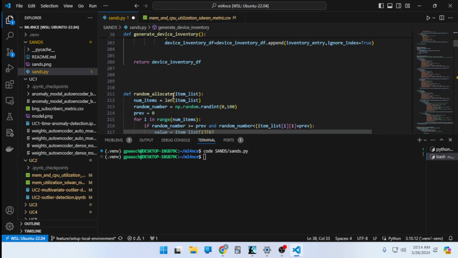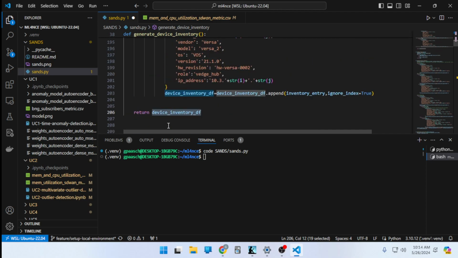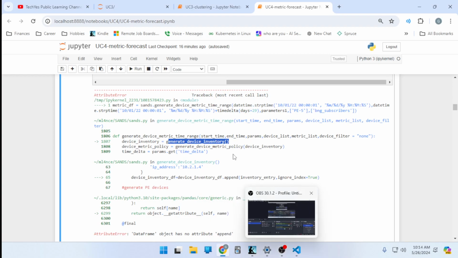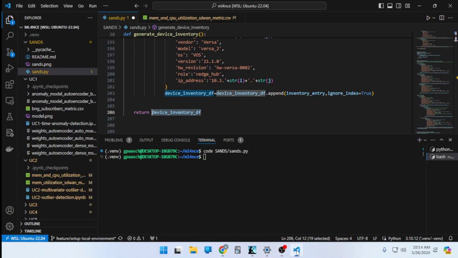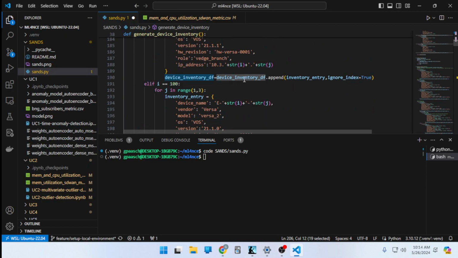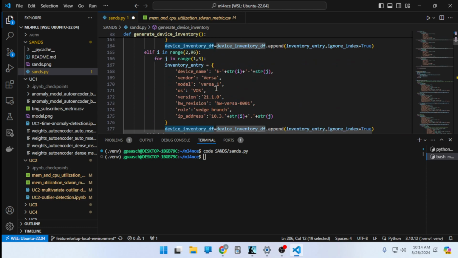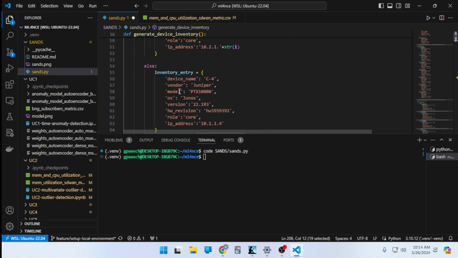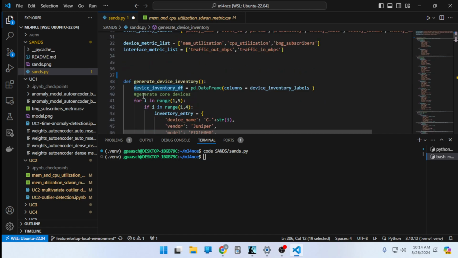Does the function return anything? Okay, so yeah, the function will return device inventory df, and it's trying to do that. It just fails doing that because it has to append to the df, but it can't do that. So let's see why that's the case. And remember, it failed around line 60 or so. Yeah, so it's doing it for this